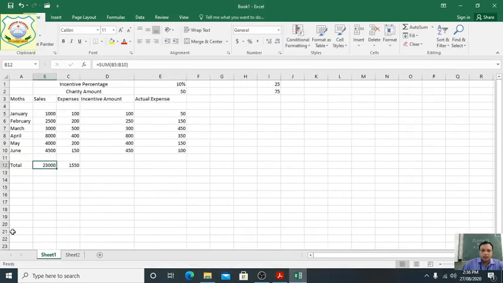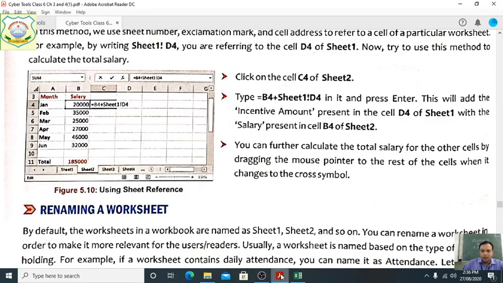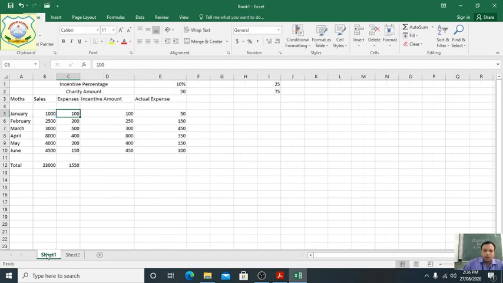Yes, this is D4. Equal sign, like that, equal sign on C. We are doing it on C: equal B5, then we have gone to sheet 1, click here, click on incentive amount.